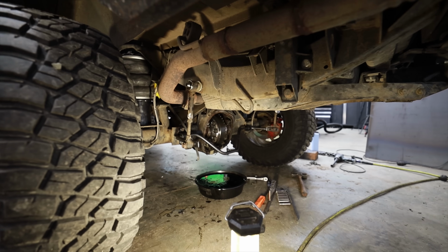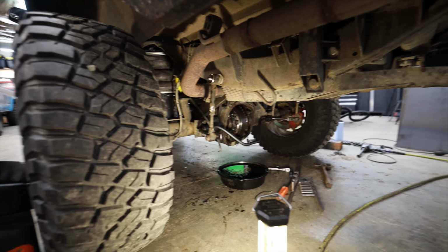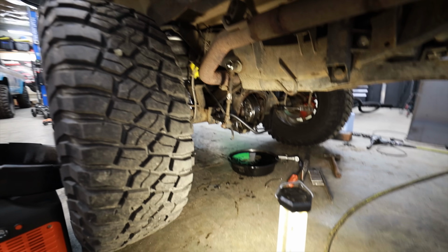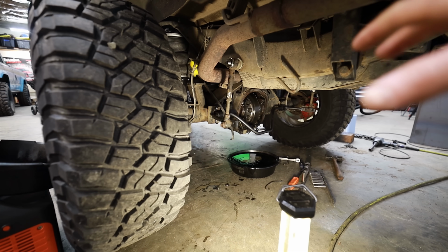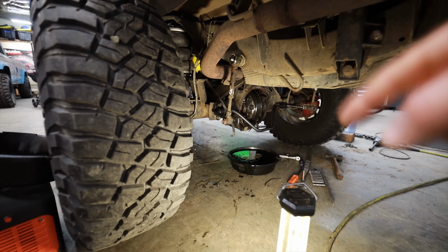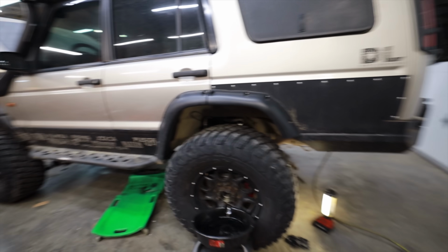And this wasn't going to be a video, this is just some routine maintenance, but after showing some pictures on social media, a bunch of you said you wanted to see how I fix this. And so we're going to go through the whole process and figure out where we are leaking water into this housing. Every single oil change I've ever done on this axle, so about 12,000 miles is what I've got on